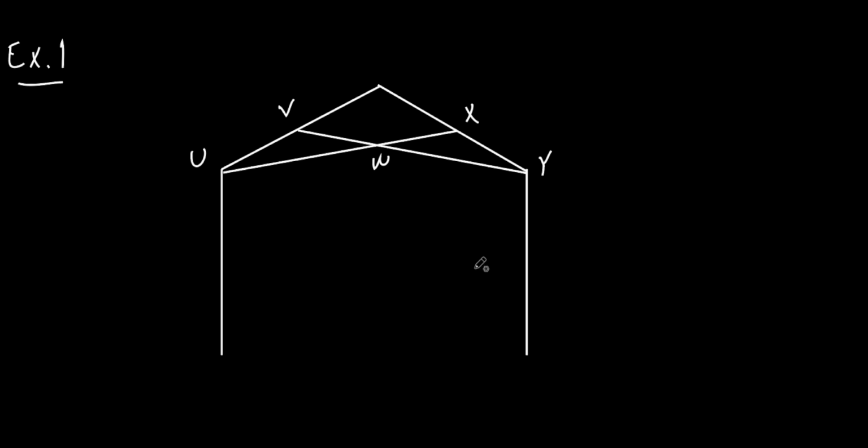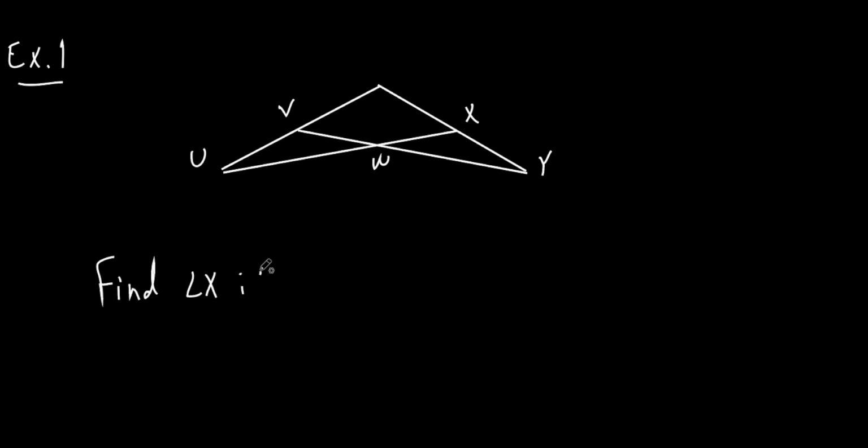So here, example 2 asks you to do this. Now really, do these two lines really have anything to do with any of these angles up here? Not really, so I'm just going to get rid of those. They kind of make it look like the entrance to a barn or something like that, but this is all we're going to deal with. Now watch very carefully. This is a little tricky. It says find angle X if